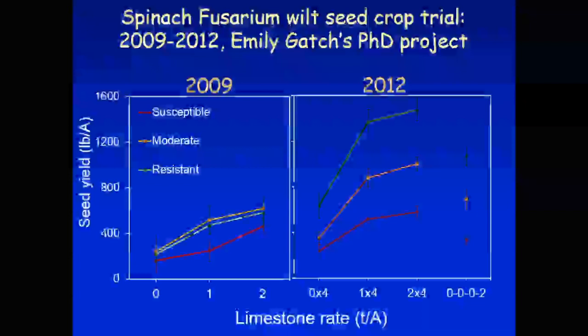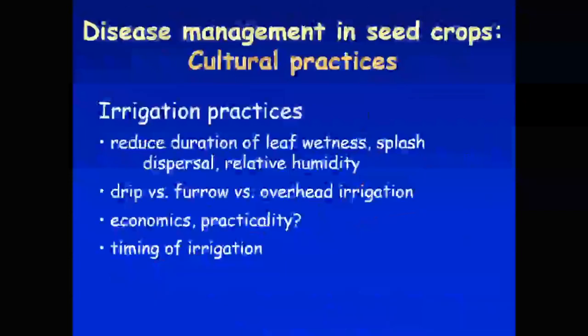And part of the, it's a complicated trial. I don't want to get into it because there's a lot more data here. There's a 300-page dissertation if anyone wants to read it associated with this work. If you want to know more about it, come and talk to me afterwards. I'd be happy to send you some work on this. But we're very encouraged that this is helping our growers make a big difference in managing this disease in spinach seed production. And it's really just to illustrate the complexity of managing soil-borne diseases. And some of these are not easy measures, but we can kind of work together to resolve these.